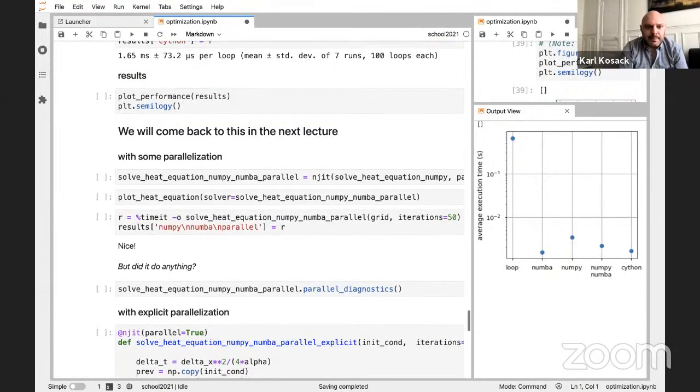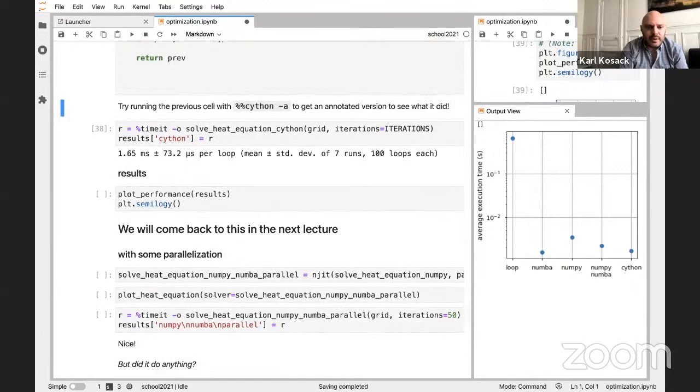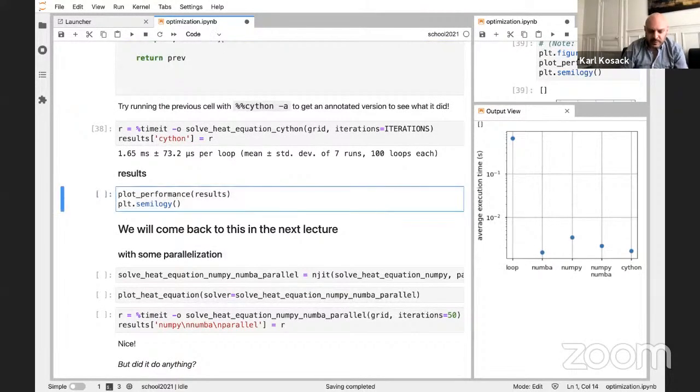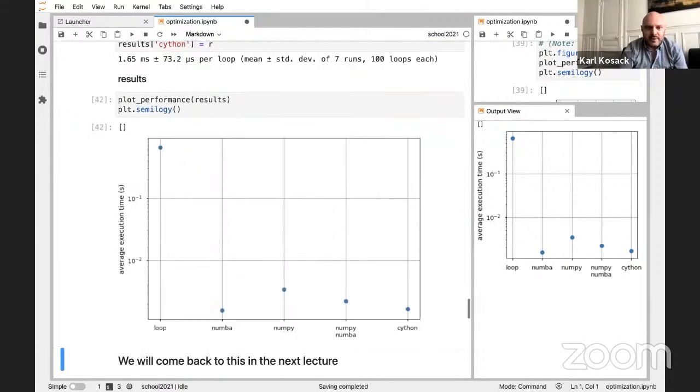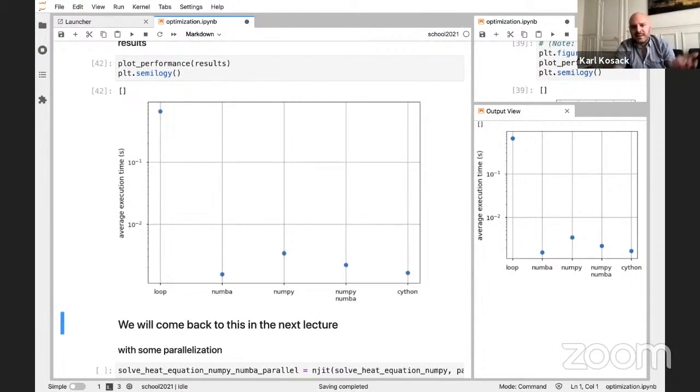Great. So in the end, what we see here is basically illustrating what the problem was: don't run with loops, because loops are very, very slow. Two orders of magnitude slower, in fact. Just running NumPy probably is enough. If you just use NumPy, you're going to be in the ballpark of the best speed. You can sometimes get a bit more speed with NumPy.